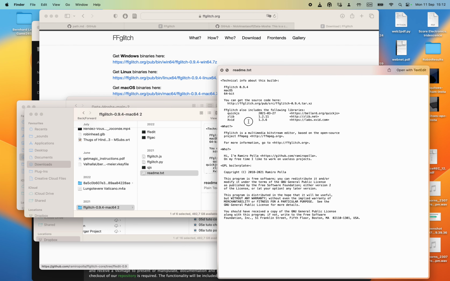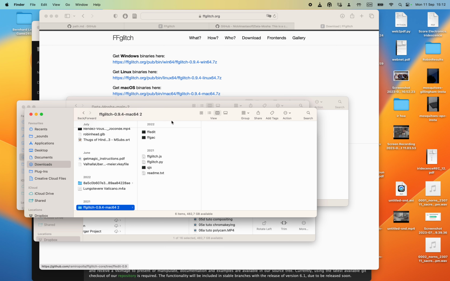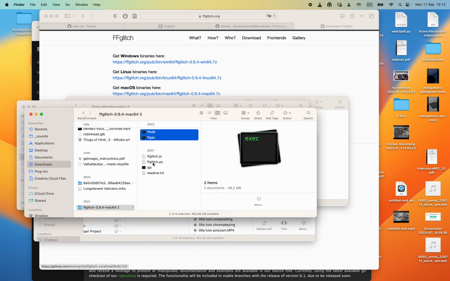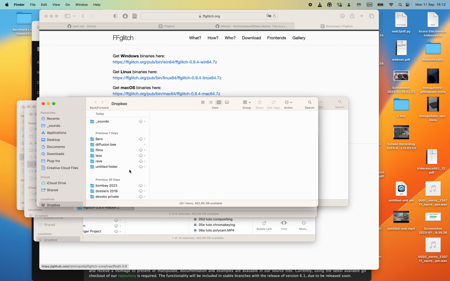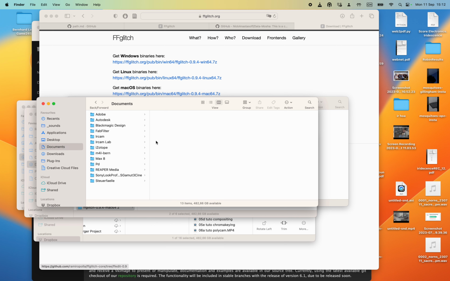Well, it doesn't say. Basically, we have to move these two guys into a folder called bin. So on your computer,